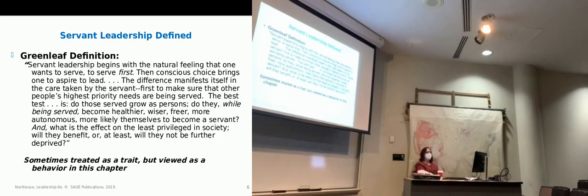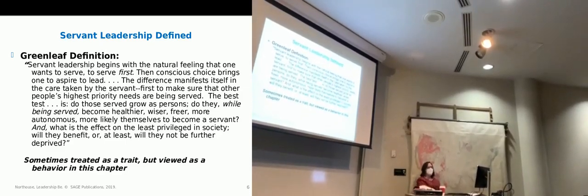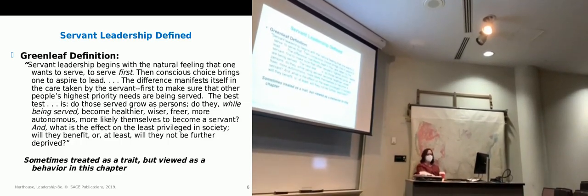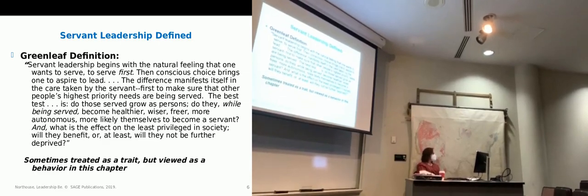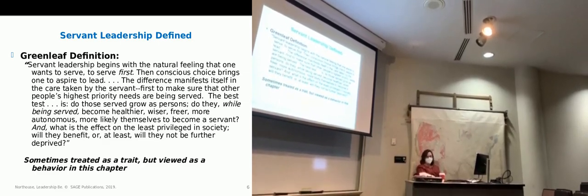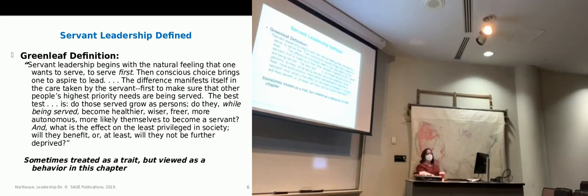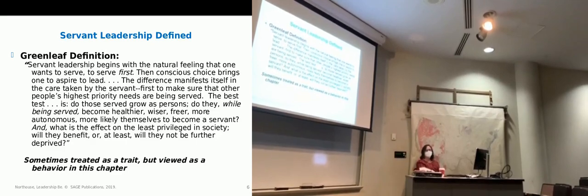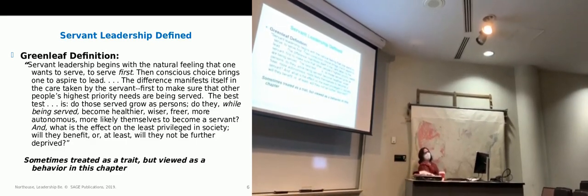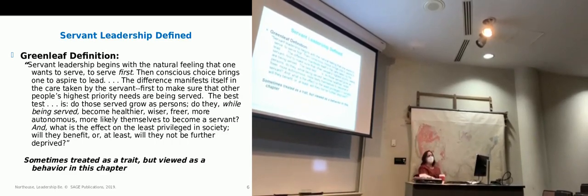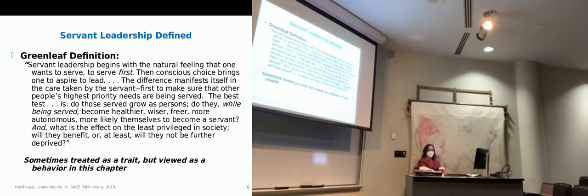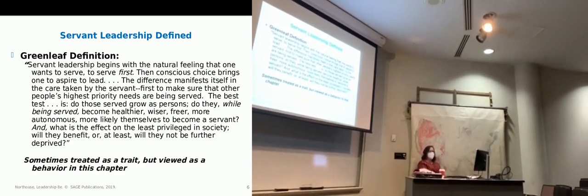Can you think of anybody in a leadership role who we now view as a leader because they chose to serve, versus they're in a position or were named a leader and so we view them as a leader? Can you think of anybody? Mother Teresa. Yes. Do you think Mother Teresa set out to be a leader? She was just serving. But because of what she did and her ability to put others first, we now view her as a leader.